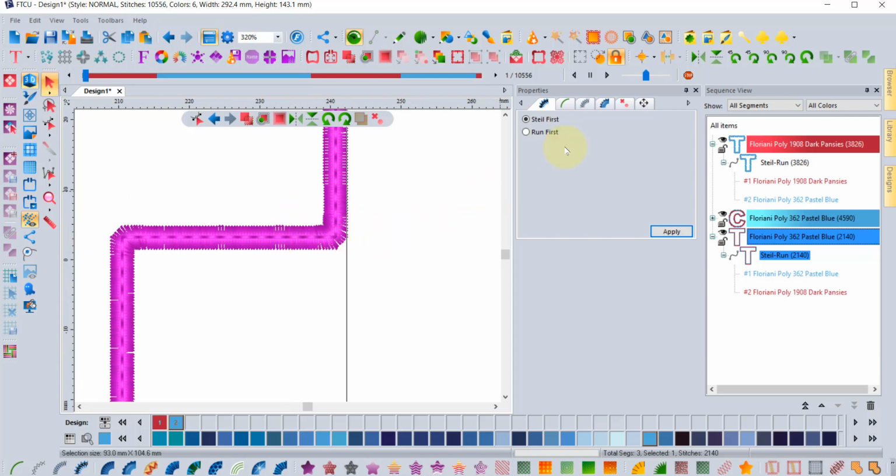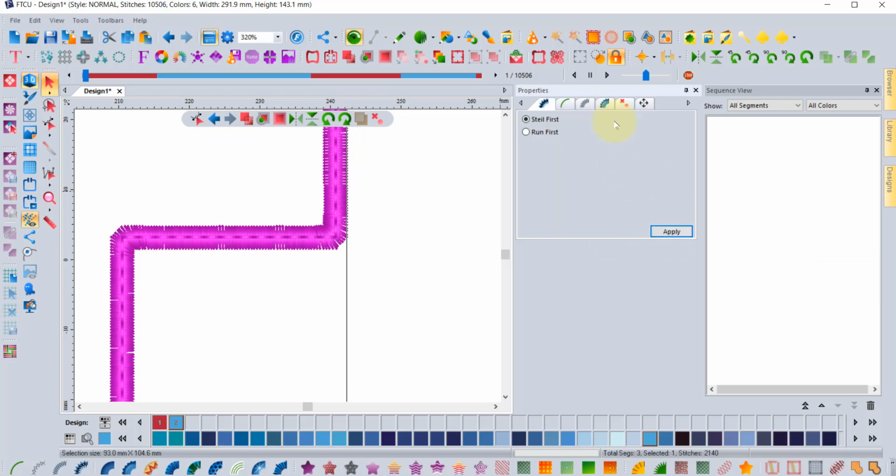You'll notice in the properties box that there's a tab for the Steil, or for the column, and a tab for the run stitch. If I click on the run stitch tab, you can see it's set as a single run. If I click on the Steil stitch tab, you can see it's set as a 3mm wide column. If I want to make the column wider or smaller, I can just type that in here. And these are all different